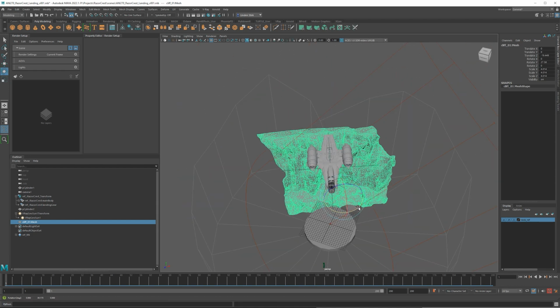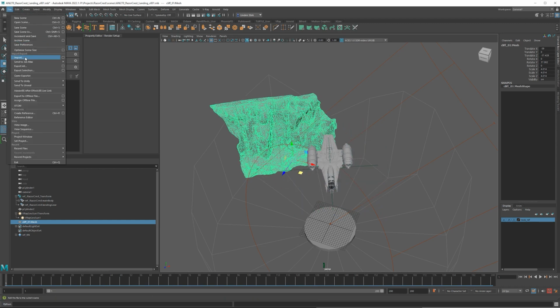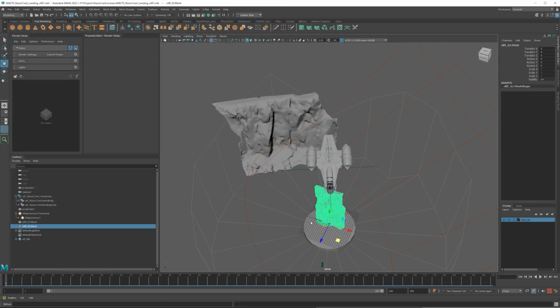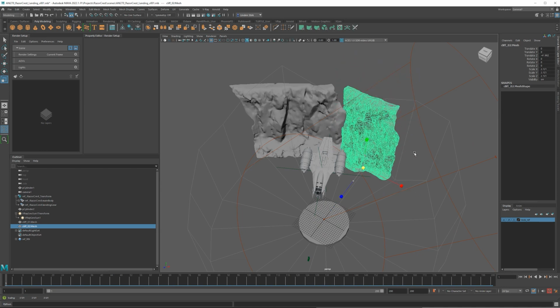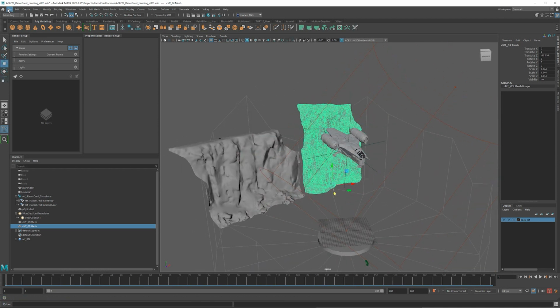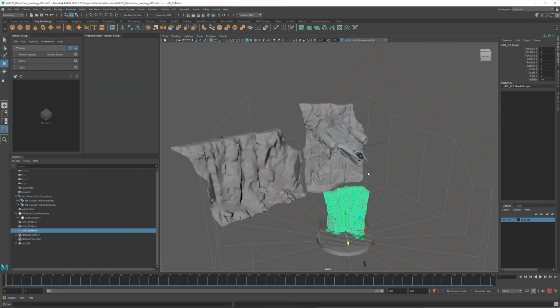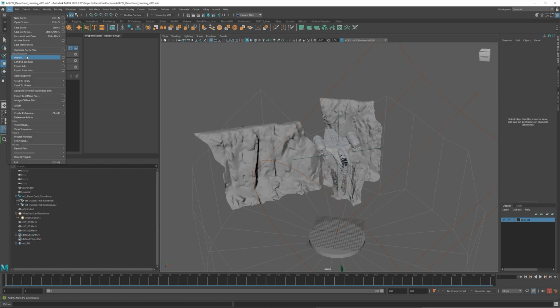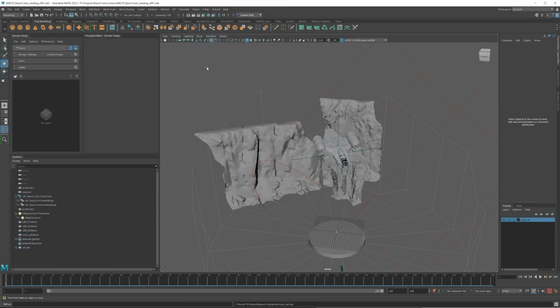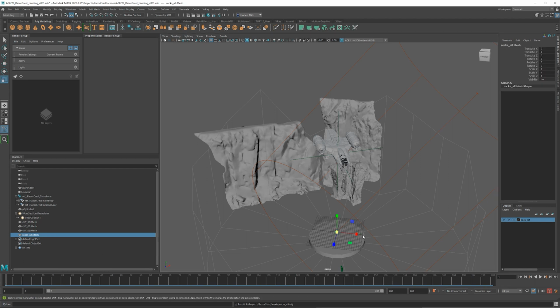We're just going to place a few of these around here. So I'm just going to move this one over here. I'm going to import object number 2. Drag that out. And then number 3. We also have some rocks as well, just regular rocks. And these actually come in pretty small.